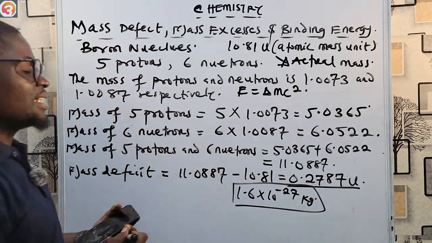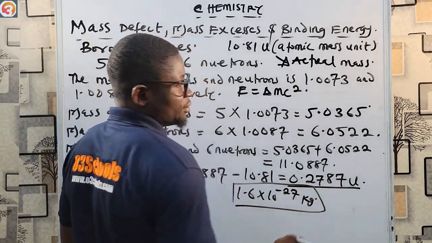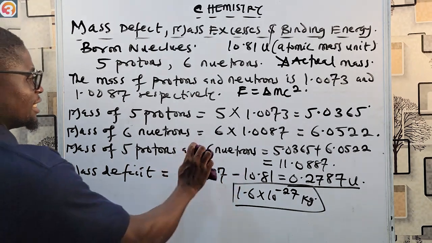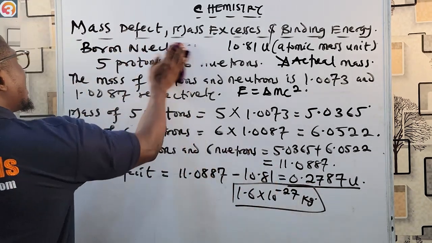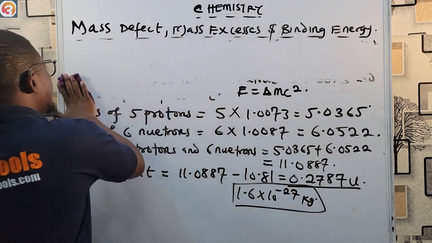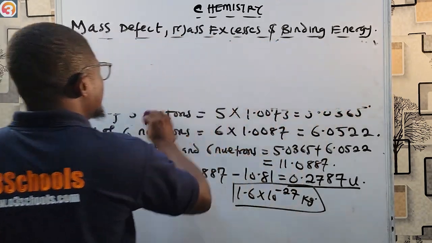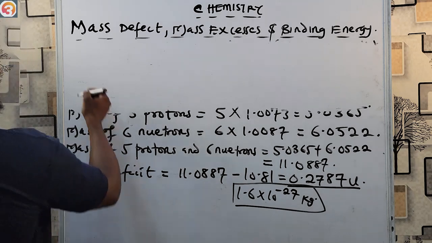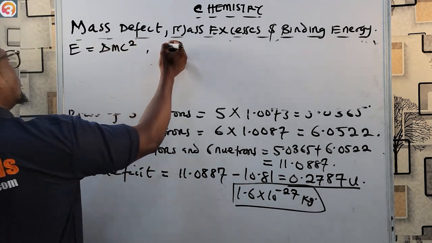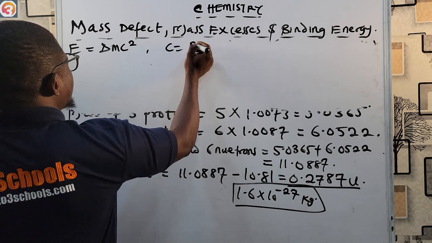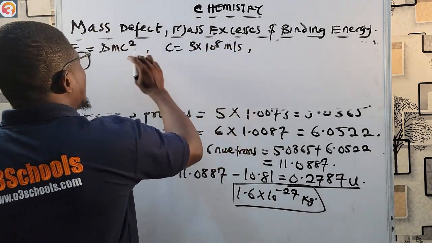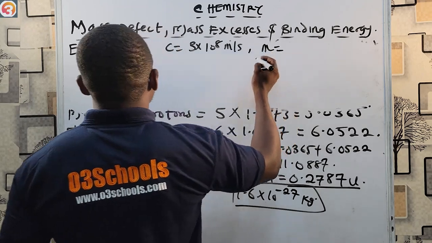So we can convert this atomic mass unit to kilogram. Let us continue. This is the mass deficit. We can now calculate the binding energy. Since you already know that binding energy equals MC squared, we know our C to be 3 times 10 to the power 8 meter per second. Then we know our M to be equal to